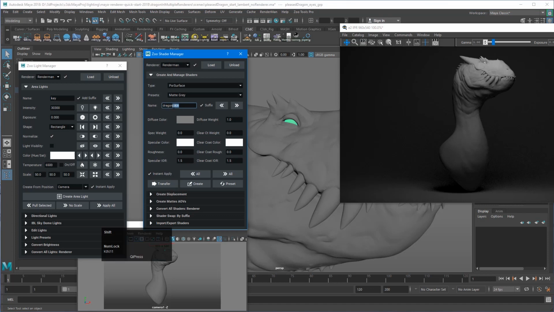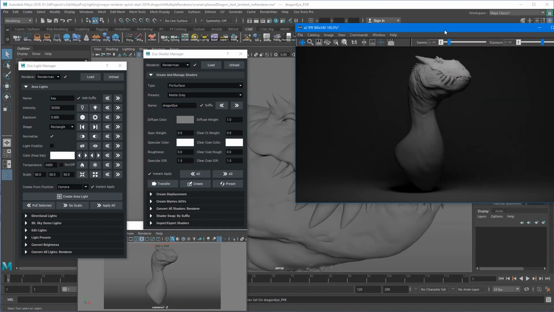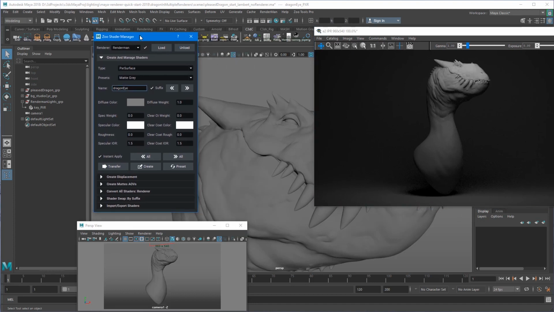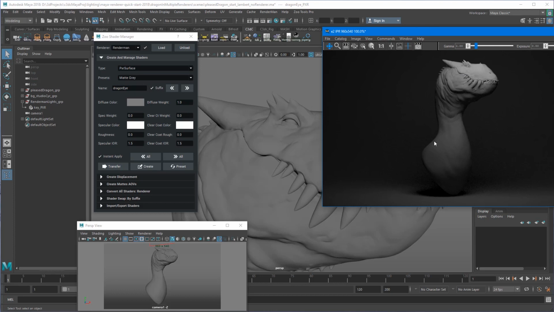Now just go dragon eye in this case, and then just go create. So now we have selected that eye and put a nice shader on that. So we're in a pretty good place. I mean, we're almost done. So the last thing that we want to do here is tweak the shaders on the skin and on the eye. So it's looking pretty decent here, but when I was sculpting this in ZBrush, it's got